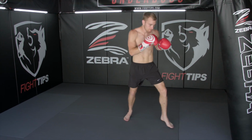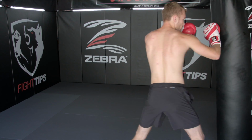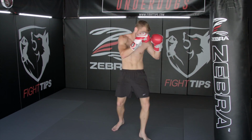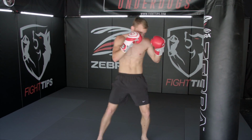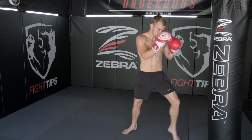Set the kicks up with punches, always. Unless it's a teep. Teep I like throwing on its own. That one I can usually sneak through. Spinning back elbow, finishing with a low kick. Faking the teep for a double elbow, cross to the body, fakes, hook high, kick low, finish with some boxing